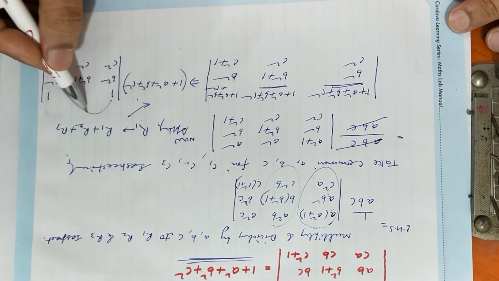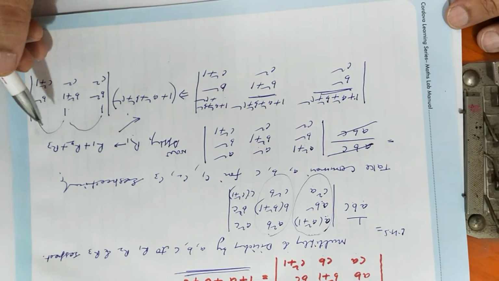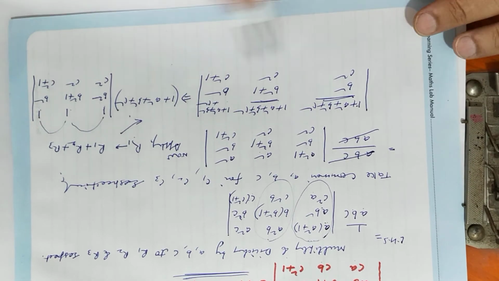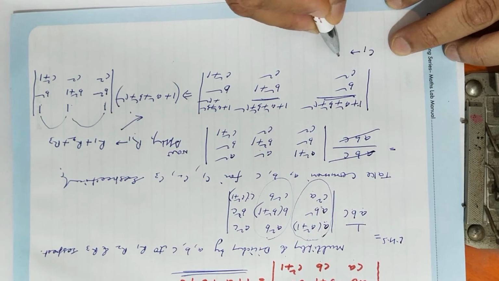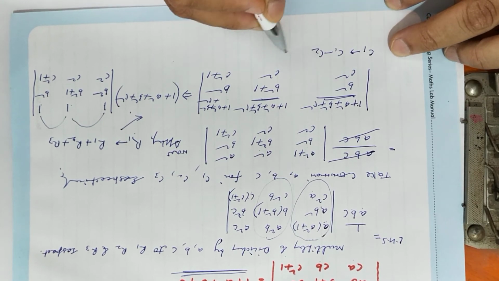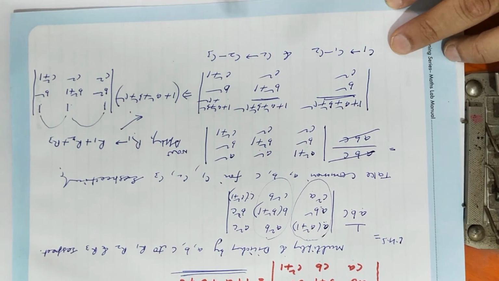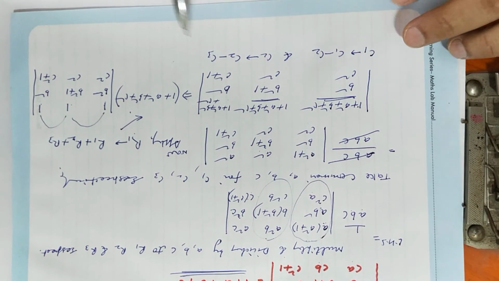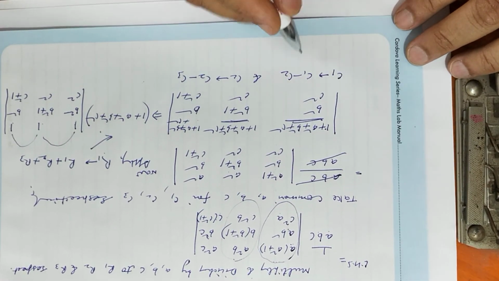Now we can make zeros easily by subtracting the columns. So now try to make zeros. For that you can apply these operations: C1 tends to C1 minus C2 and C2 tends to C2 minus C3, as we have already applied these operations in previous questions. So now you know very well how to apply these.